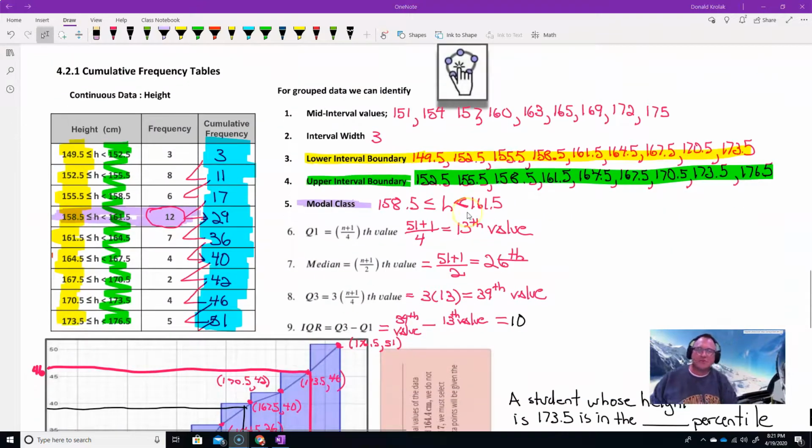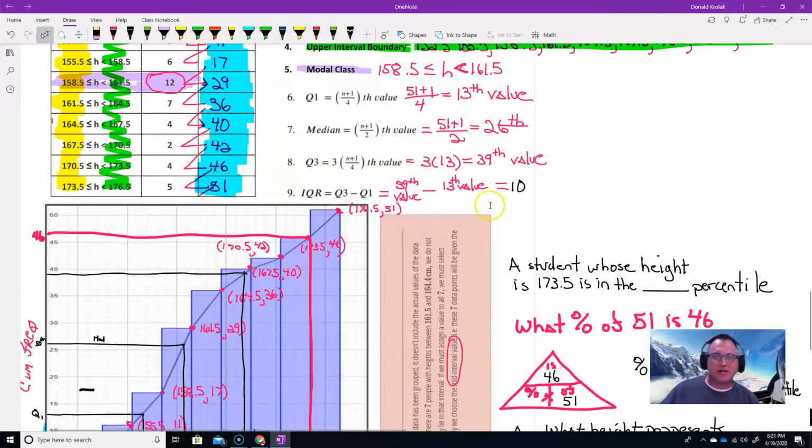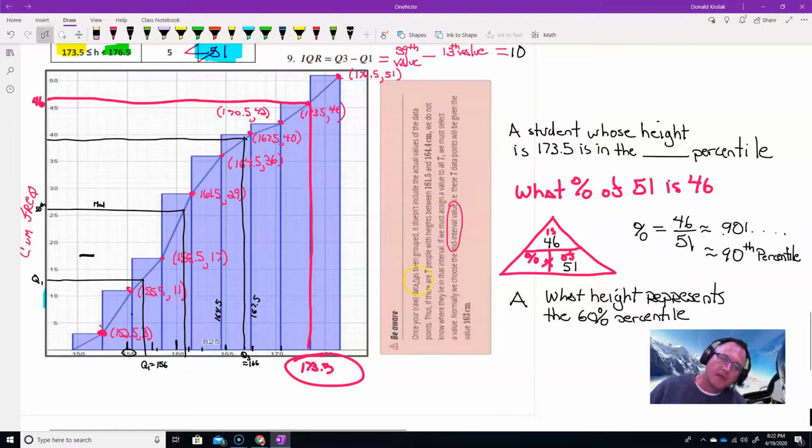Earlier, we figured out what the mid-interval value was, and later on we'll be using that more. But down here, I just turned it sideways so I could fit it on the paper. But here's the explanation of where we might use that. It says once your raw data has been grouped, it doesn't include the actual values of the data points. Thus, if there's 7 people,